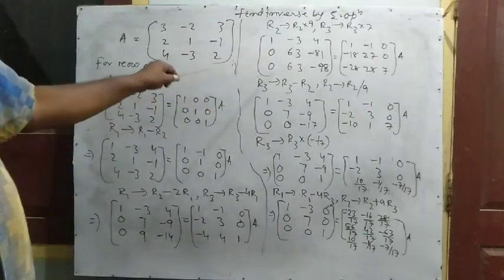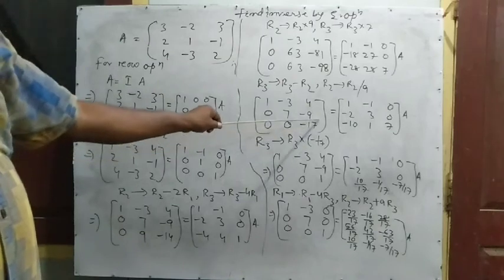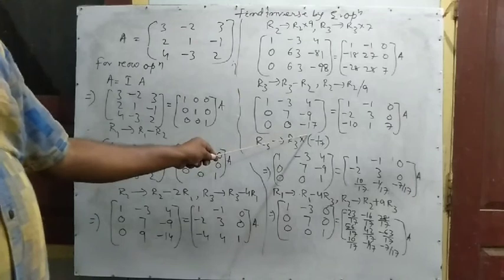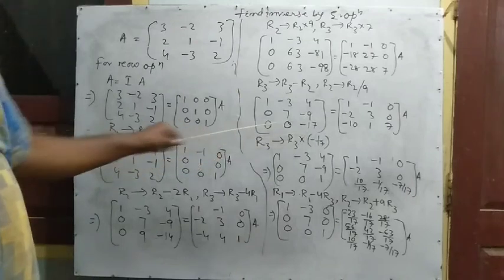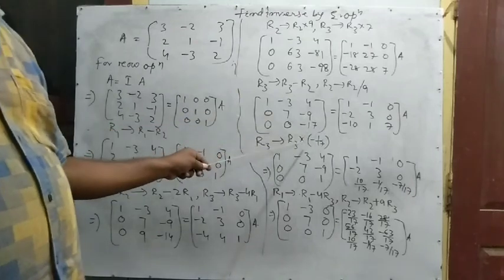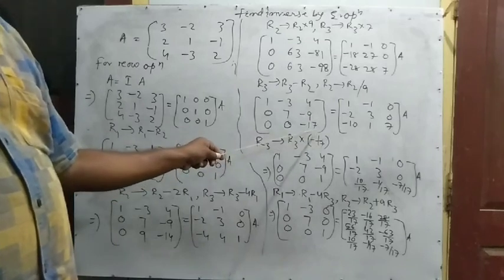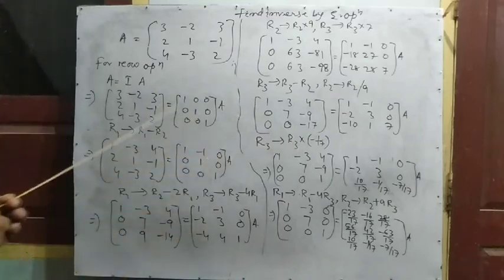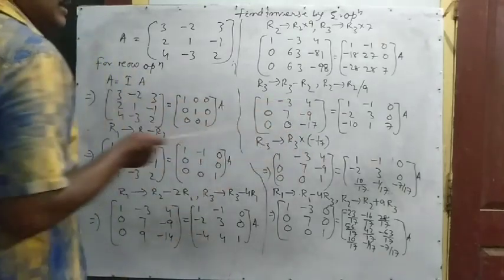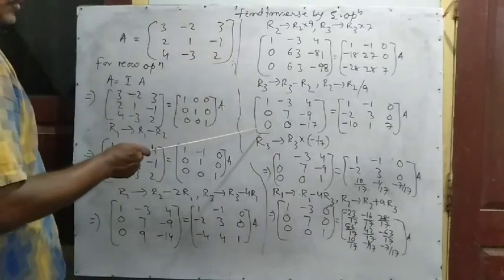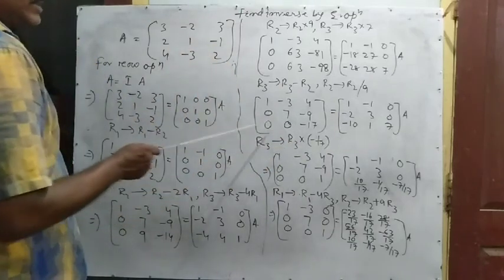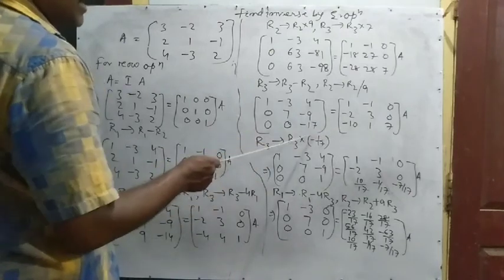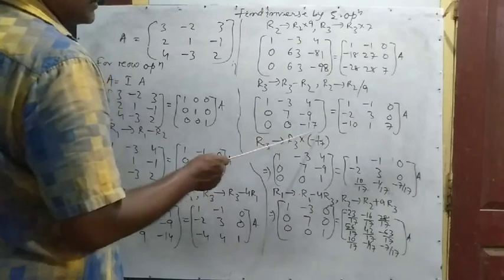So here we get 1 0 0, and here it is minus 17. 1 0 0. Then you convert this one into 1. So how to make it 1? Divide row 3, or multiply row 3 by minus 1 by 17. When we multiply this one by minus 1 by 17, we will get 1. So row 1 and row 2 are there as usual, but row 3 is multiplied by minus 1 by 17. 0 0 1. Here it is minus minus plus 10 by 17, 1 minus 1 by 17, then 7 by 17 here.